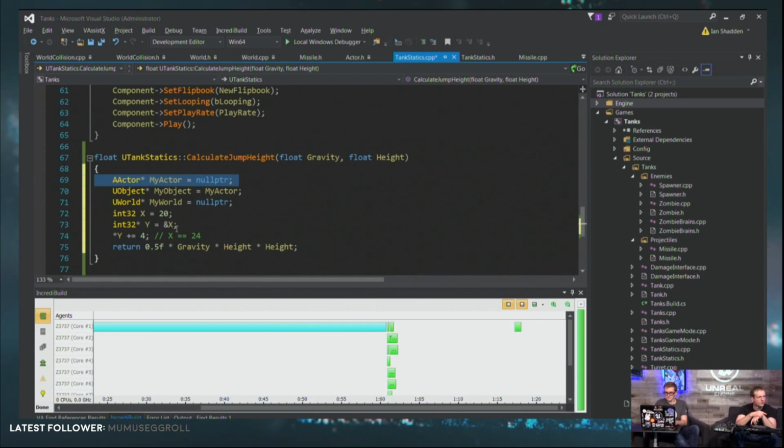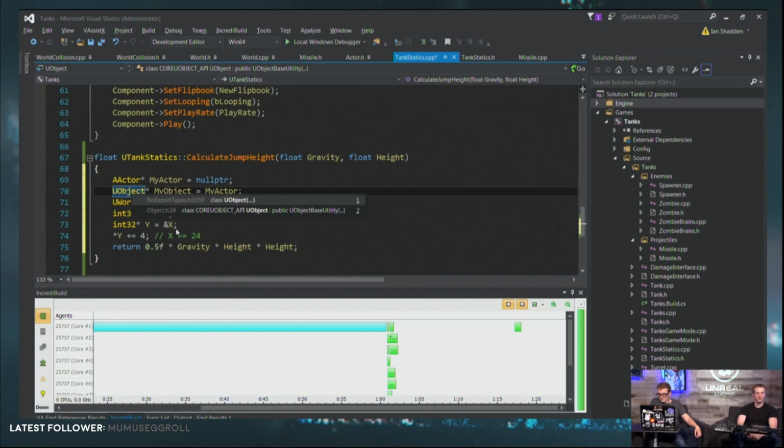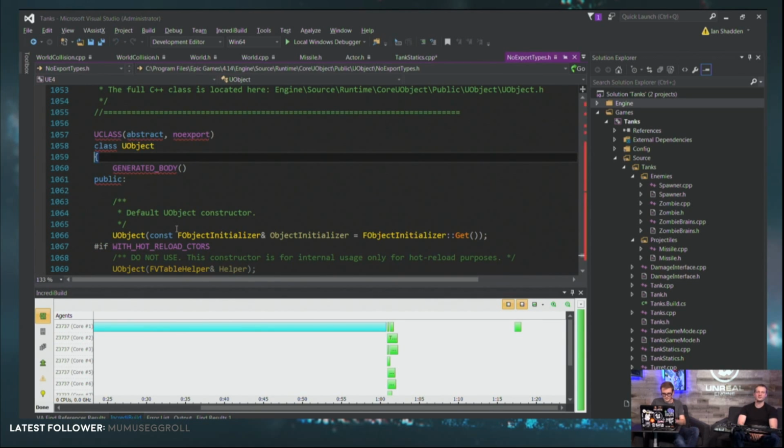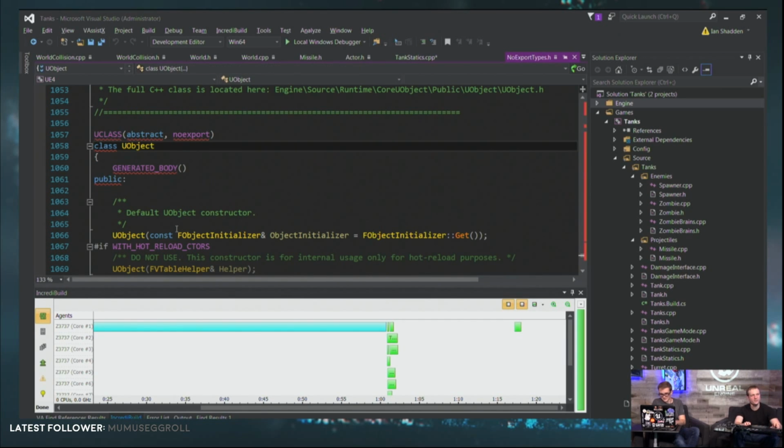Okay, so when do you use them? Well, first off, for any engine-created object like an AActor, you always use them. And actually, we had someone in chat, Hedge, just asking, what is AActor? What does AActor mean? So the original object type in Unreal was a UObject, and when I say Unreal, I'm talking late '90s. Like I'm talking Unreal Engine 1. Wow. Yeah, it was a UObject. So the U, of course, stands for Unreal,